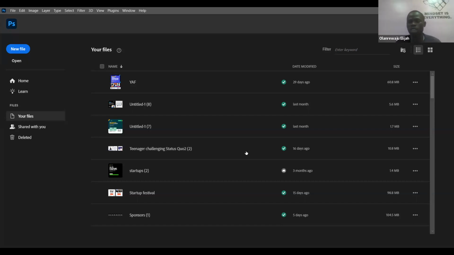However, you can always change your color profile, either in Photoshop or in Illustrator. You can change the color mode you want to work with, right? So it's important to note that whenever you are designing, provided you now want to use Illustrator or Photoshop for maybe your flyer design, you can change the color mode to CMYK. Just that when you zoom in to a certain level, it's going to start pixelating.